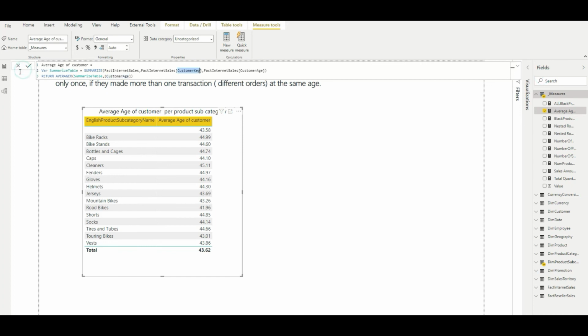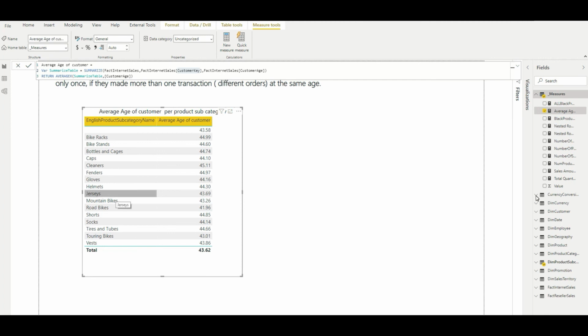Since we now have the unique customer key and customer age, we take the average and plot it using this measure. In this particular visual, you can see I have chosen the English product subcategory name from the dim product subcategory table, and I have dropped this measure here. So you can see for each product subcategory what the average age of the customer is.